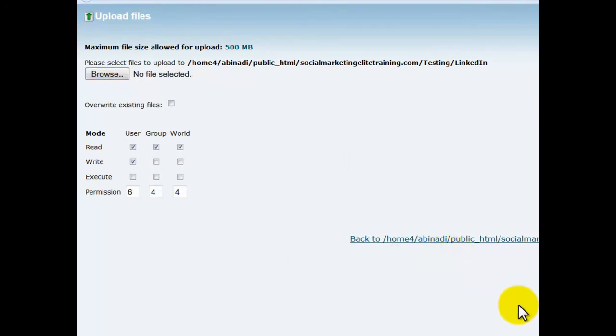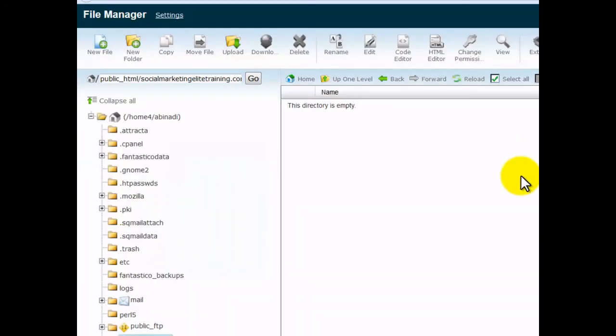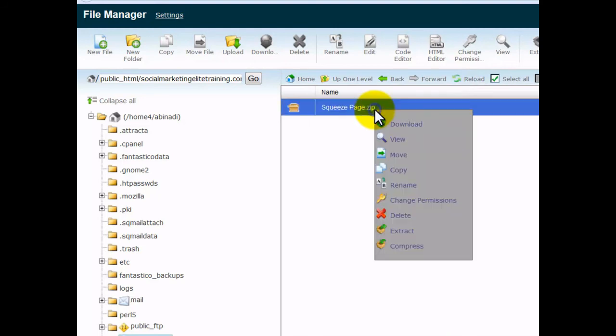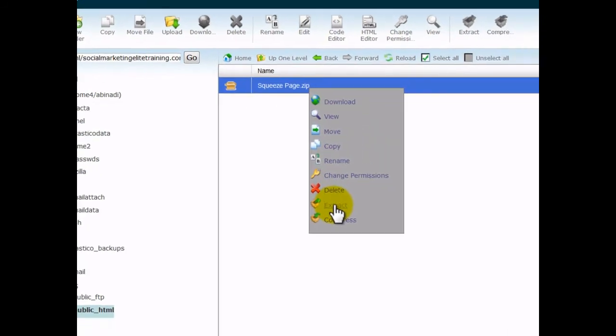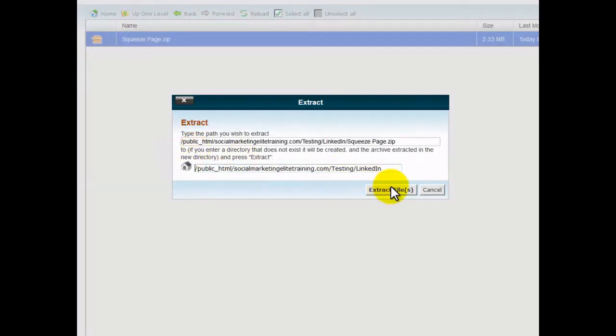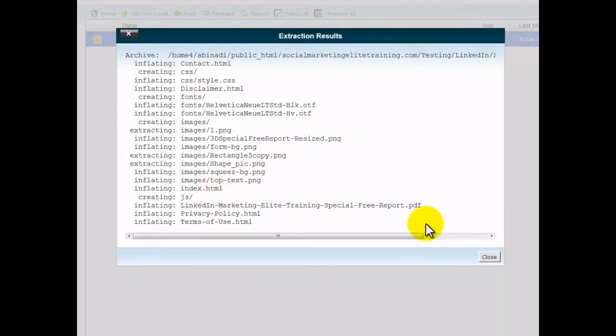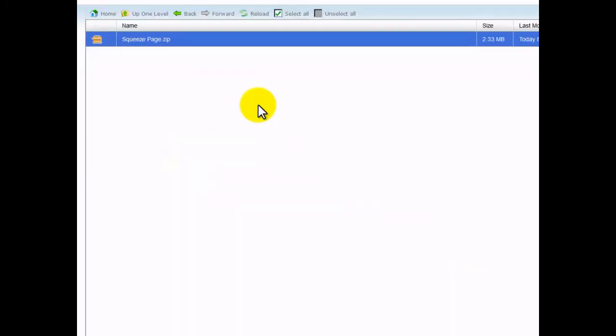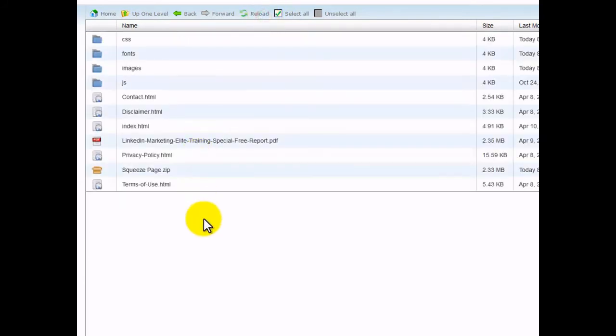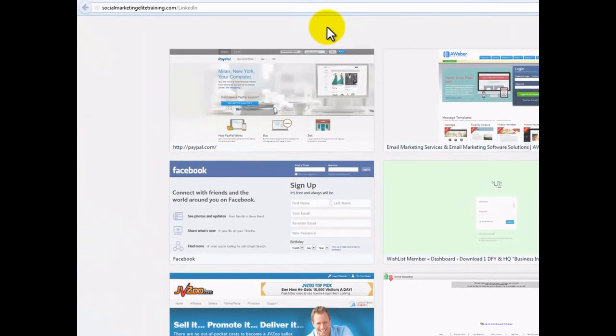Wait until the upload is completed. Go back to the File Manager, click on Reload, and there you have your zipped file. Right-click on it, click Extract. Extract Files, click Close, and click Reload once again. And there you have all your Squeeze Page files live. Just visit that specific folder. In my case, it is